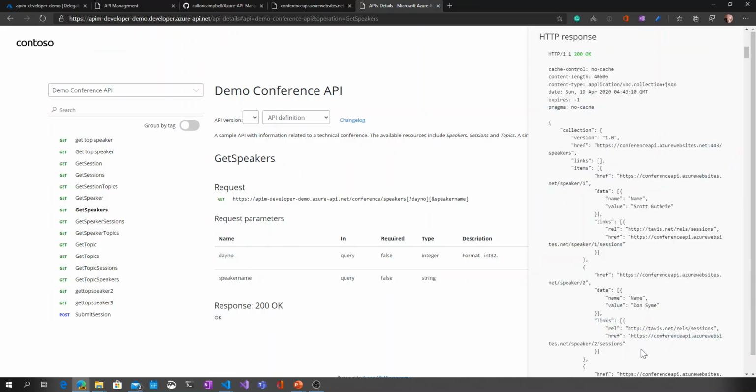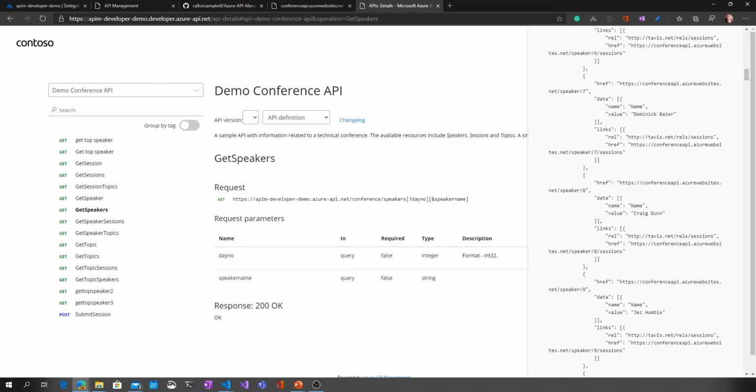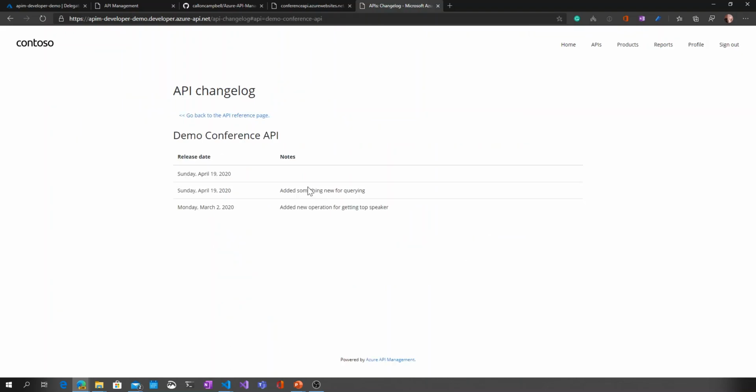So here's the response that's coming back in the developer portal. I can test out as a user this company's, Contoso's, API and fully interact with it. And I can see everything about what's going on here. I can see a change log for the API. So here are those changes that I was doing; this is the one I added today. I added something new for querying. Those are where I changed the revisions. You can put very detailed notes here if need be, but it's really good to put just a very high level of what changed. And if I want to go to reports,